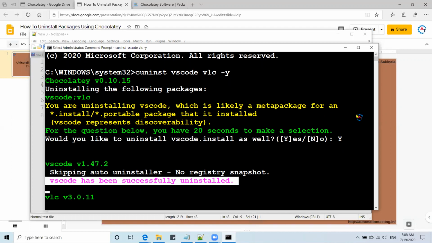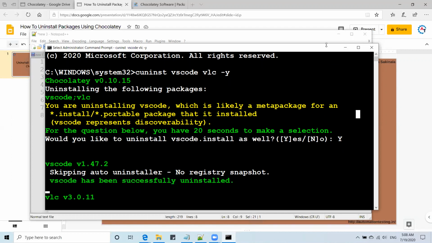VLC is being uninstalled. I think while you are uninstalling, you should not open that particular software. I did not open it, but be careful not to open it before uninstalling. Close everything, then uninstall.